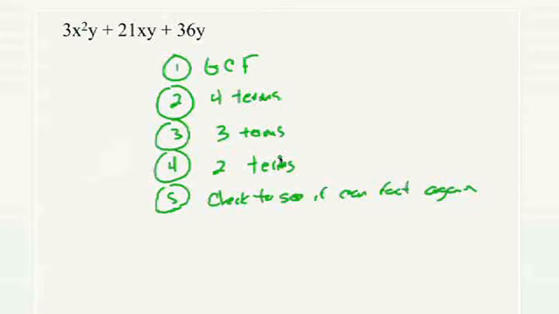Now, the last rule that we just covered is you always check to see if it can be factored again. Right. Sometimes you'll think you're finished, but in one of the terms in your final answer, something still can be factored out. So it's always worth looking at your final answer and asking yourself, am I done? Have I really factored everything I can? If the answer is yes, then go ahead and go on to the next problem. But if not, go ahead and factor that last little bit and then combine your answer together.